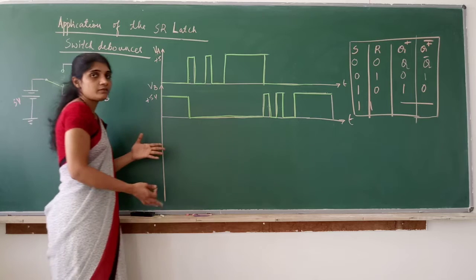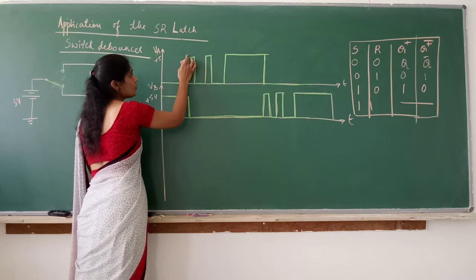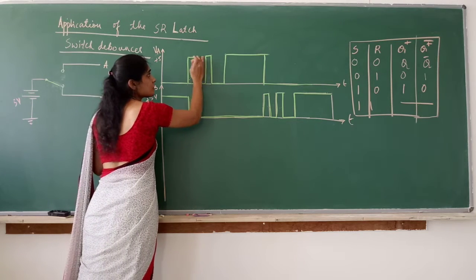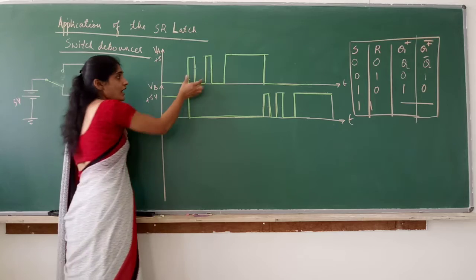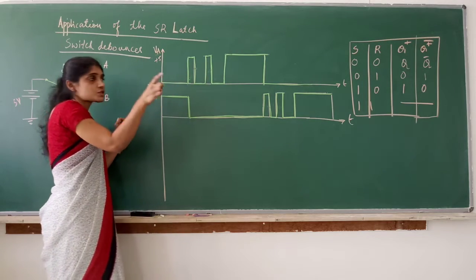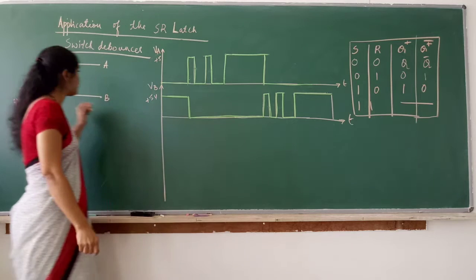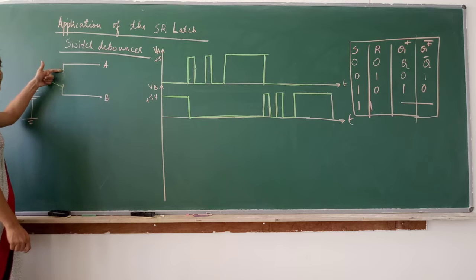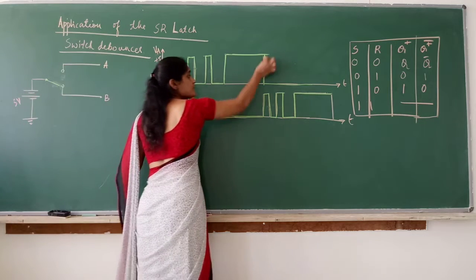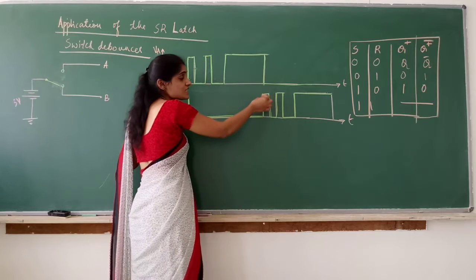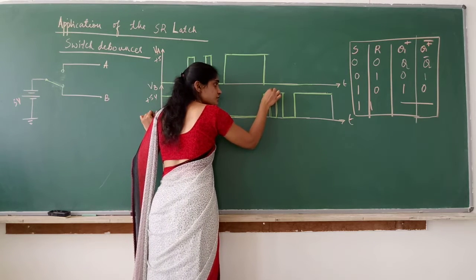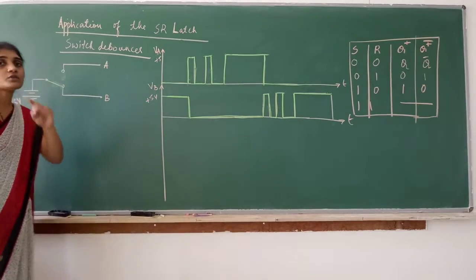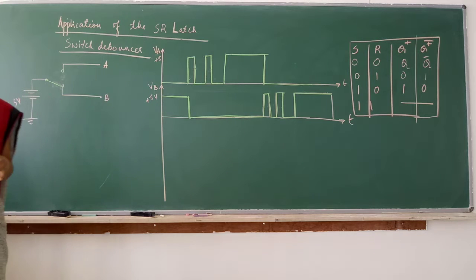Now what we actually wanted at this point was for the output at A to be 5 volts. We don't want this bounce. We want it to be 5 volts from here itself, but it is not happening. After several switch bounces, it becomes 5 volts when I move the contact from B to A. Similarly, when I move the contact from A to B, A should become 0 and B should become 5. A has become 0, but the voltage at terminal B does not become 5 volts immediately. Initially it is 5, again 0, 5, 0, 5, then it becomes 5 volts after these switch bounces. So this can be avoided using an SR latch.